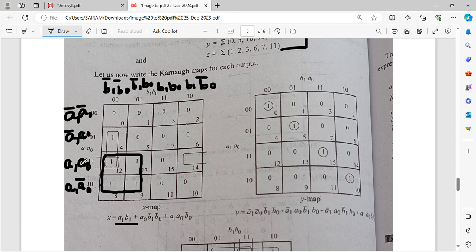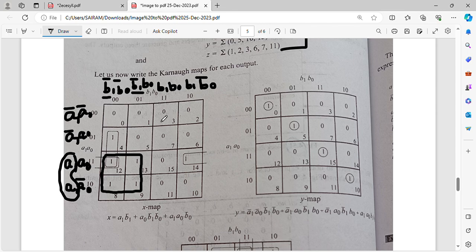So now what happens, you can see that here it is A1 A0 and here it is A1 A0 bar. In this, if you look at what is common, it is A1, right? So this A1 is common and let's write this A1. And look at the top, these 12 and 13, you have B1 bar B0 bar and B1 bar B0. So what is common in this, B1 bar is common, so here B1 bar is written. So therefore your whole total resultant is A1 B1 bar. Right? Yes. And next,